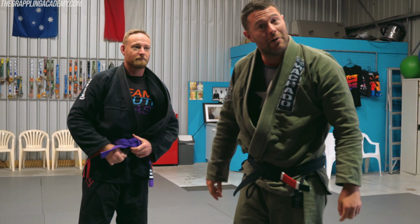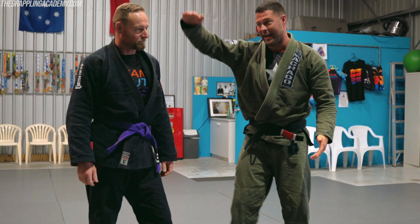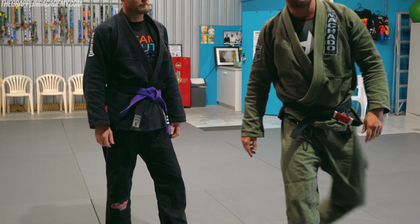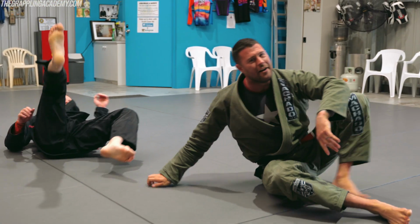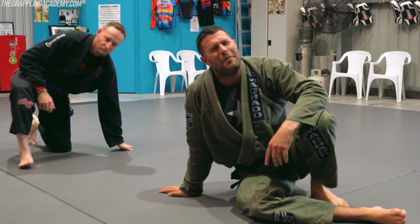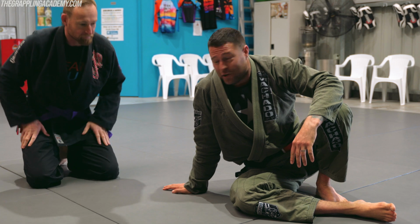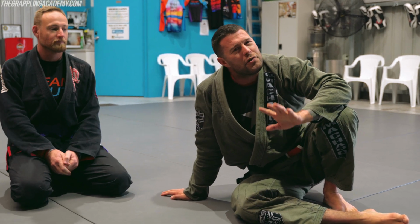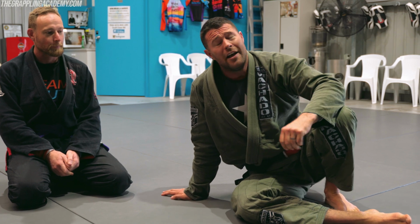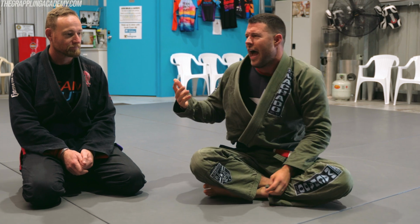And then, if all else fails, don't compete in this range. We'll drop down below it. Okay? And put them down. And there are plenty of amazing wrestlers and judoka that can show you how to do those techniques at the highest level in a way that suits your body type, your mindset, and most importantly, especially for grapplers, is what